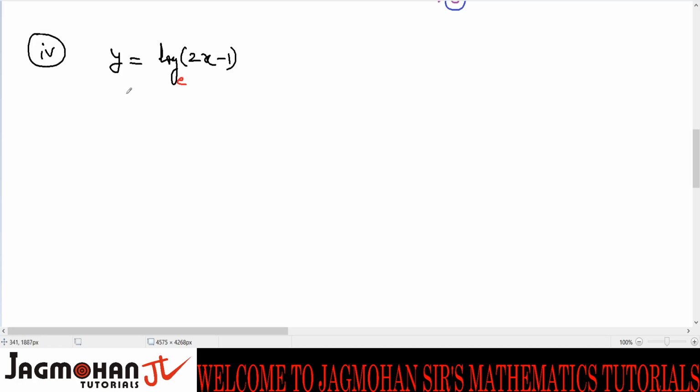One thing you have to remember: the question was to find the derivative of y with respect to x. If you have to find the derivative with respect to x, then you differentiate with respect to x. But in this question, it is not that. You have to find dy by dx by finding dx by dy. So you will first find dx by dy, and once you have found dx by dy, 1 upon dx by dy will be dy by dx.